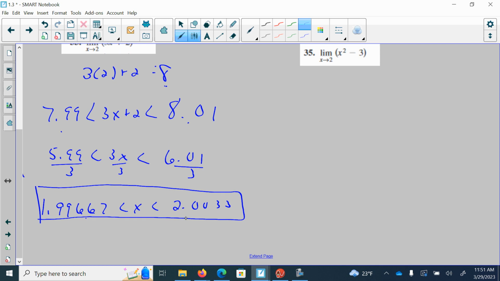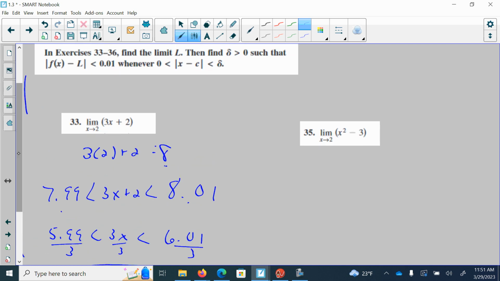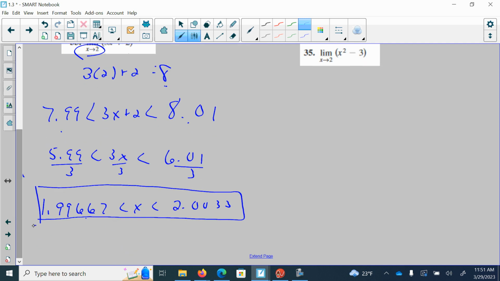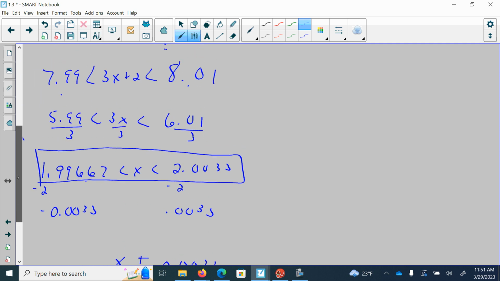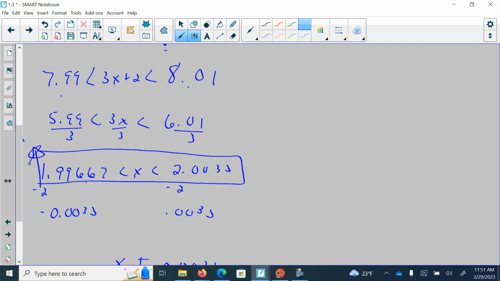close are these two to your original x value? If I subtract that 2 from here, I'm going to get negative 0.0033. If I subtract 2 from here, I'm going to get 0.0033. So that means my x value, I can add or subtract 0.0033. We agreed that we would stop here because that